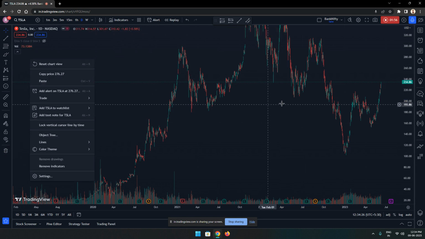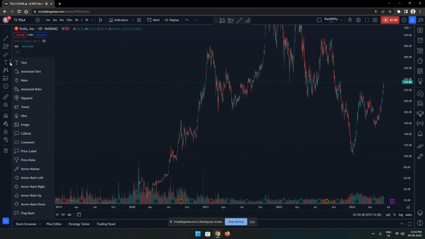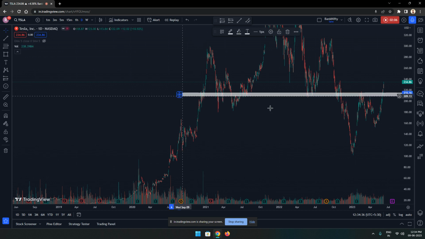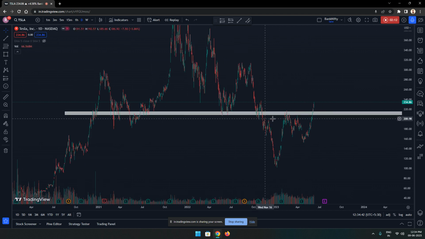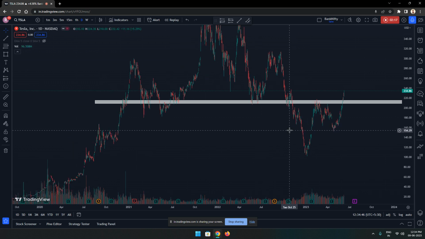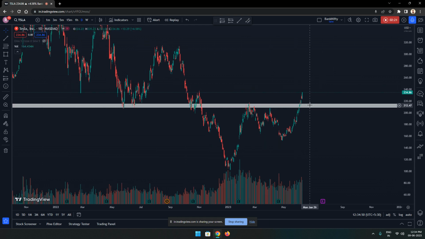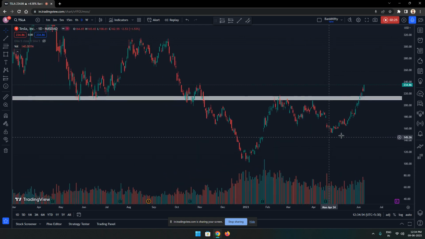As you can see here, we can draw one support zone. Like this is the zone. This was first a demand zone, then it retested and turned into a supply zone. So the change of polarity principle applies here. Then this is the classic breakout failure, as you can see. So if you zoom out,